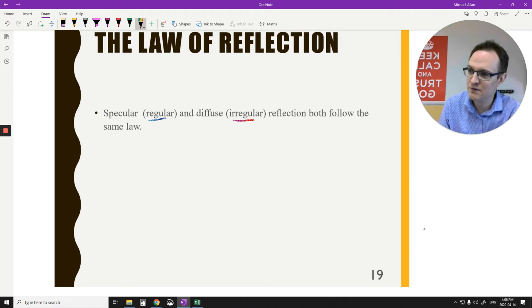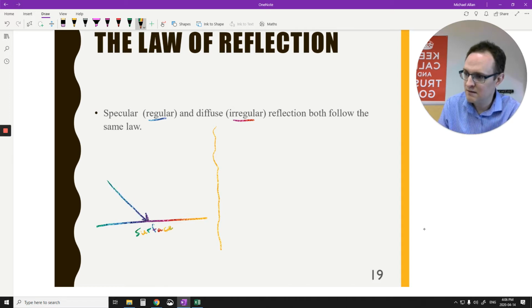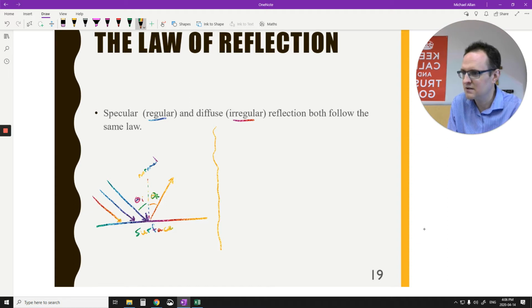Now, specular reflection is the smooth reflection. So you got this surface right here, nice smooth surface. The incident ray hits it. Now the surface is nice and flat, so the normal line goes straight up. So this is my normal line again. Okay, and then the ray is going to bounce off this direction. Now the reason this is called specular is because if all the rays come in parallel to each other, all these incident rays, here's another incident ray, here's another incident ray,